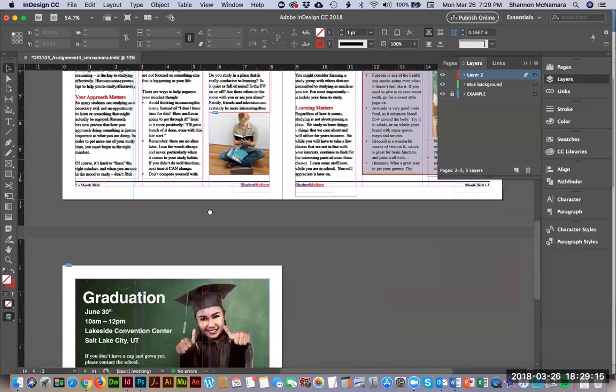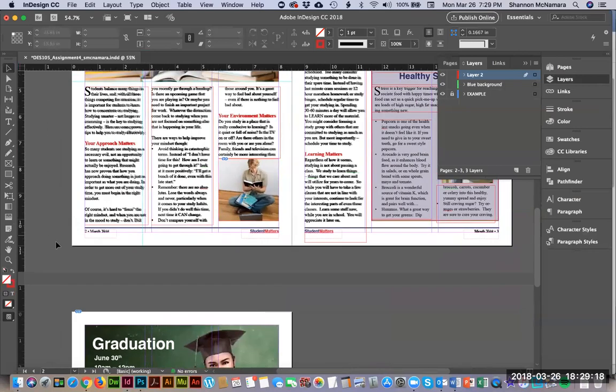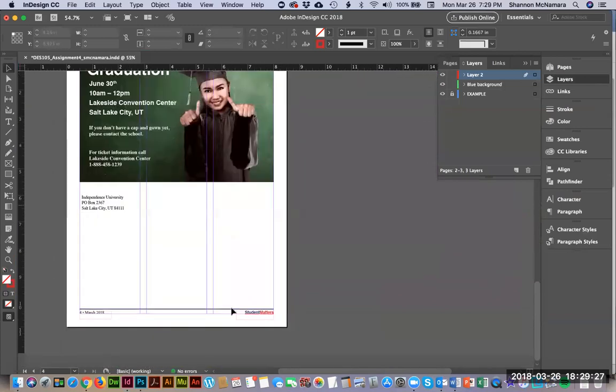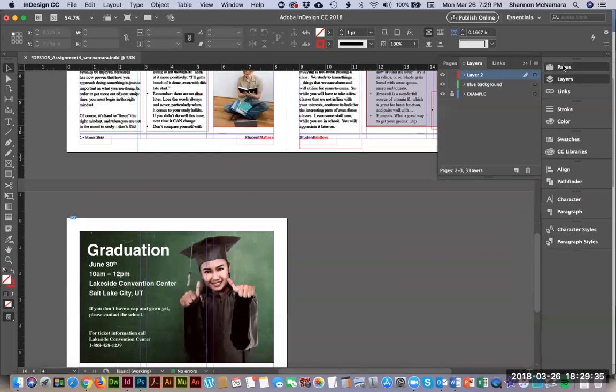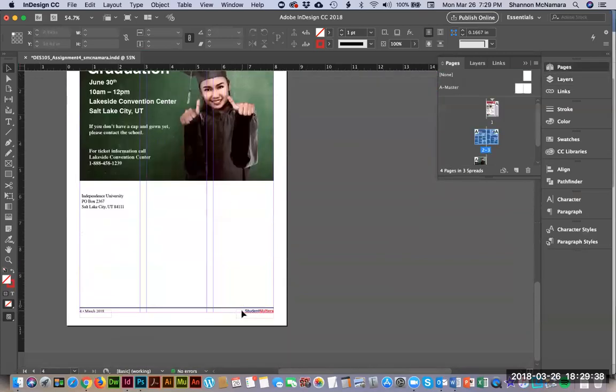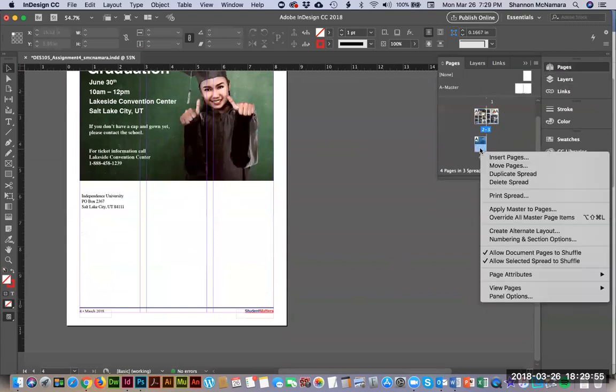All right, so one thing that we haven't discussed is when we added the folio and the student matters to this page, what did it do on page 4? It added it to page 4 because page 4 is set up on that master page. So what we need to do is override the master page on page 4 and just get rid of that A master. There's two ways that you could do this. You can make a new master page called master page B and drag it on, or you can click on page 4 and either